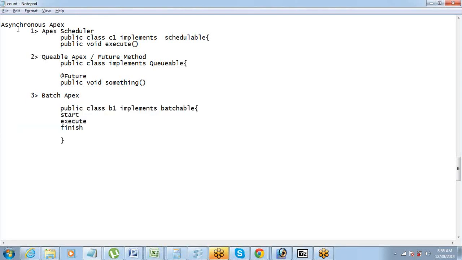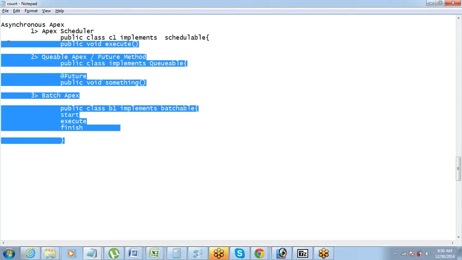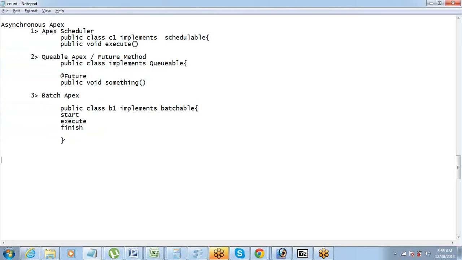Got these things? So we have these different asynchronous Apex types as well. For you all, I am also going to refer you a book to read more about Apex and get more into the development stuff, which is called the Apex Developer Guide. This Apex Developer Guide is a big reference book for you, and you can refer to it at any point of time and benefit a lot from it.